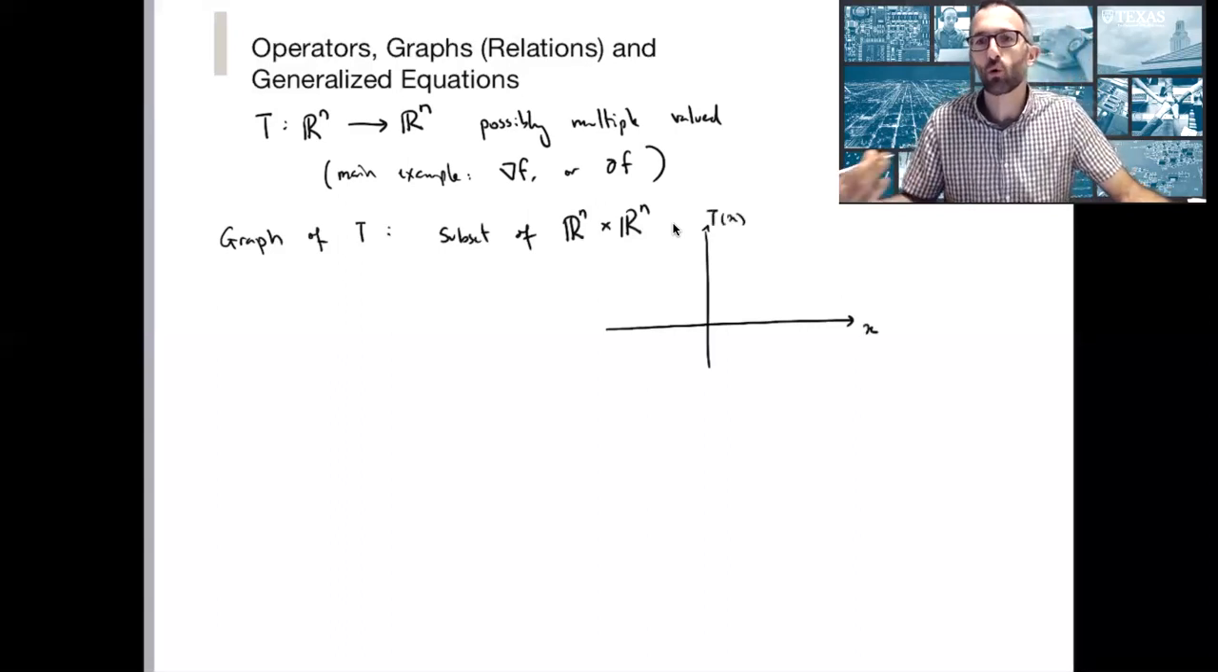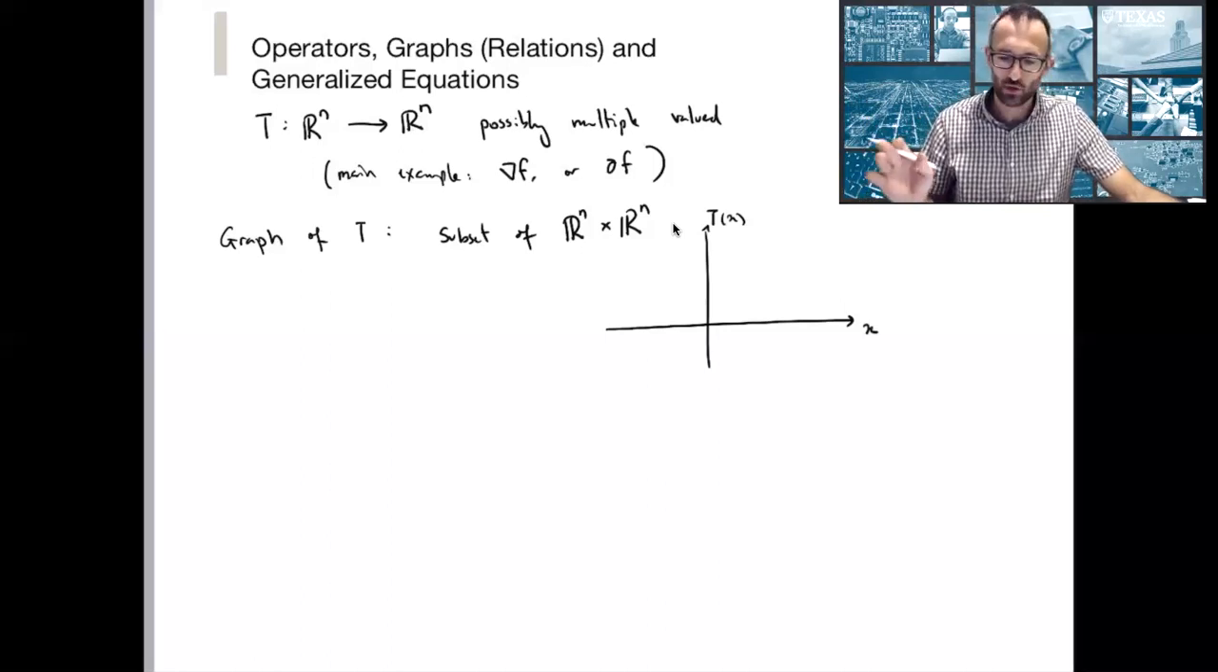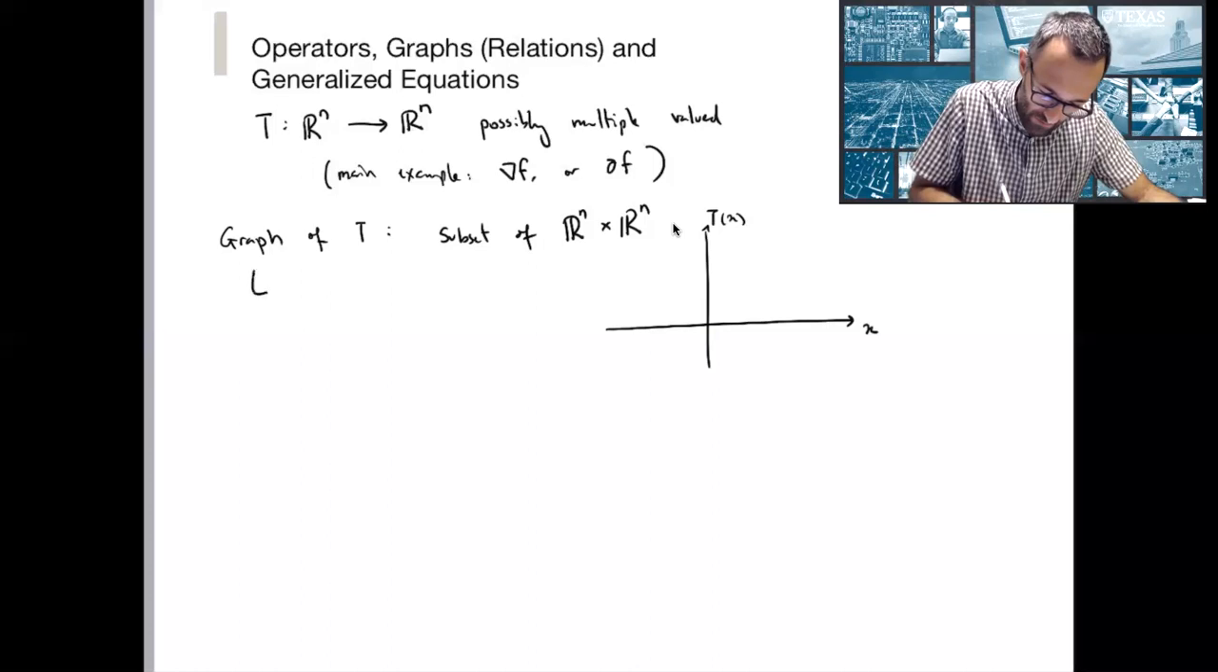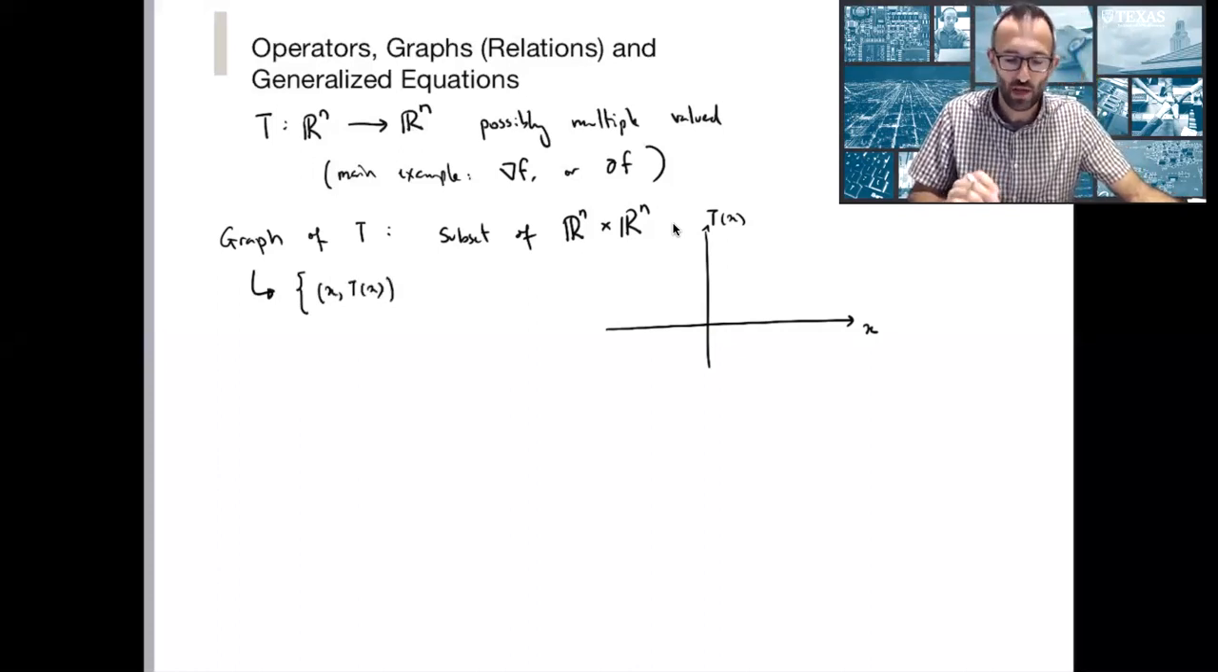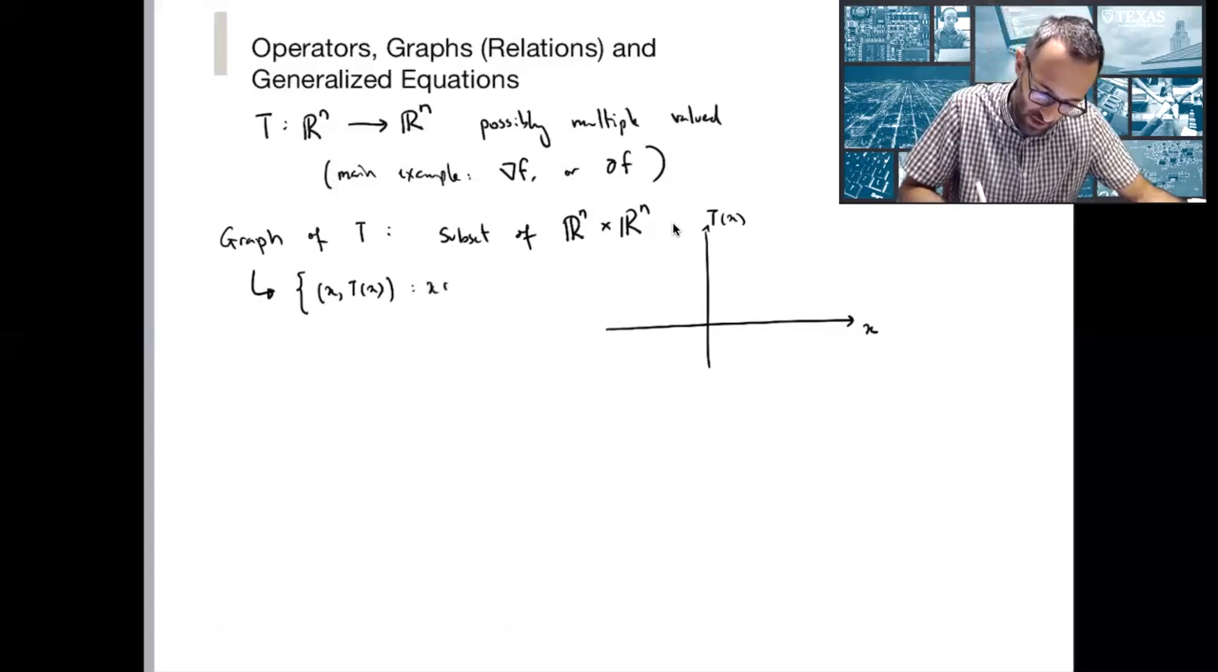So there's no notion of ordering. I'm not talking about the epigraph as in everything above a function. When we were talking about the epigraph, we were looking at x and f of x, and the epigraph was all points (x, s), where s is bigger than f of x. But in this case, I'm just going to look at the points of x, comma, T of x. And so the graph of T is the set of x, T of x, or if I want to be a little more parsimonious in notation, x comma Tx,